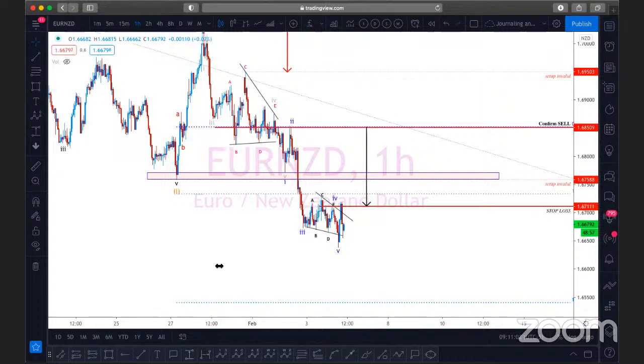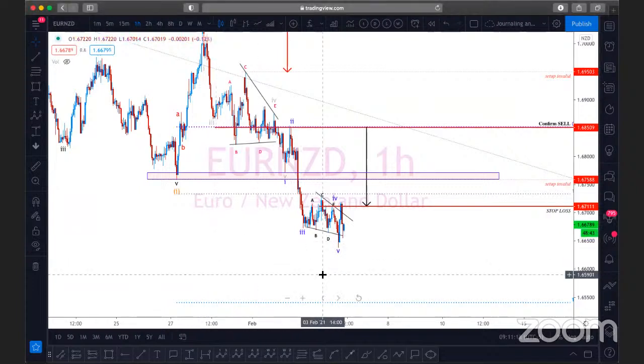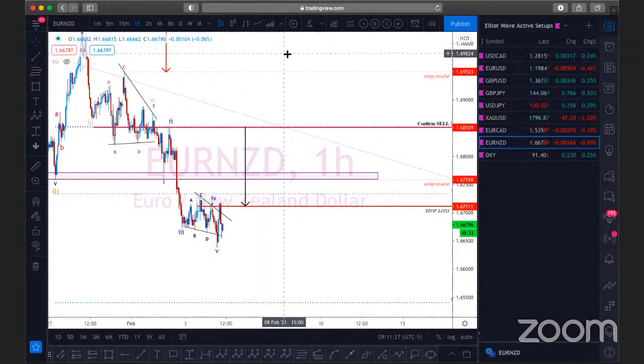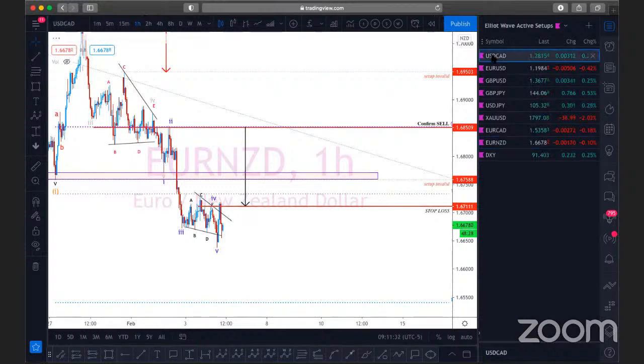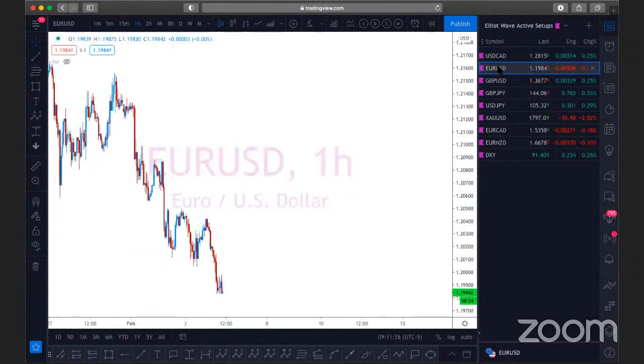All right, so we are still holding a short bias for Euro NZD, and we're just simply monitoring price action to see exactly how the market will unfold. All right, so this would have completed my overall forecast and analysis for the 8 pairs that I'm currently focusing on for this year, which is USD CAD, still holding that short, Euro USD, also short,